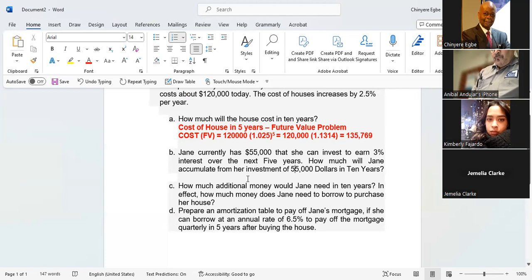Okay. And so the investment has a future value equals 55,000 times 1.03 to the power 5 equals